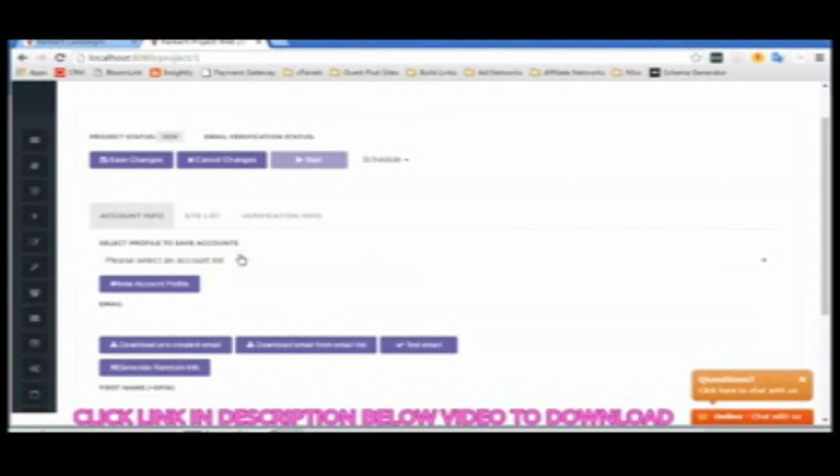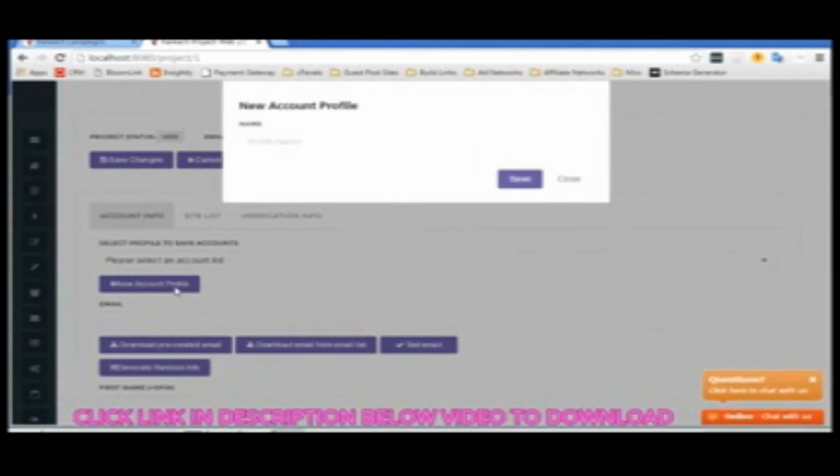So yeah, let's do this. Let's create a bunch of premium accounts. So we click edit, and then we click select, which selects all of them, and we'll uncheck Facebook and Twitter. It won't try to post to them, but just uncheck it. And then the next thing we want to do is come over here to account info. We have to make an account profile to save our accounts to. So what I'm going to do is click new account profile, social network accounts,